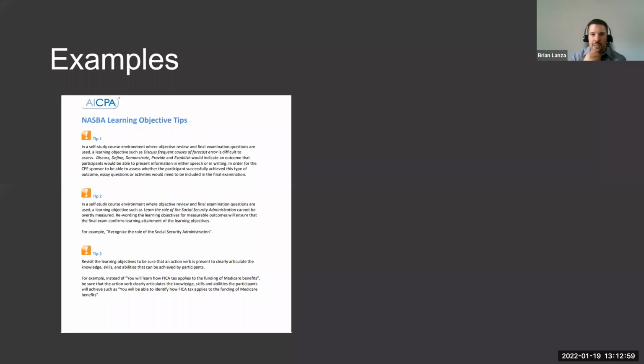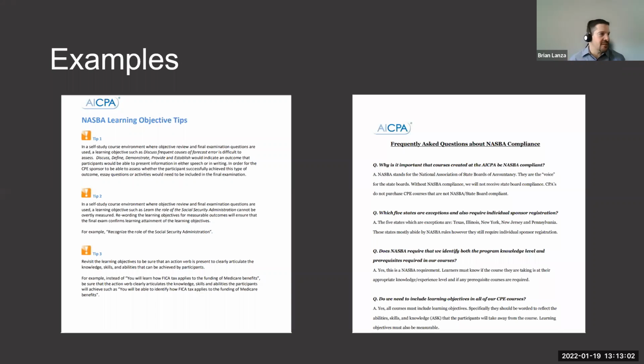And going back to our compliance course and to the question before, we created job aids for the learners, right? We said, hey, here are some learning objective tips, because we had to teach the technical managers in our organization how to effectively write learning objectives. We know that as learning professionals, they don't know that. So we created a job aid that said, hey, this is how you can do it in an effective way. And then we said, well, there are all these frequently asked questions about NASBA compliance, which we were teaching in the course. Here are some FAQs. Read this and see if this answers your question.